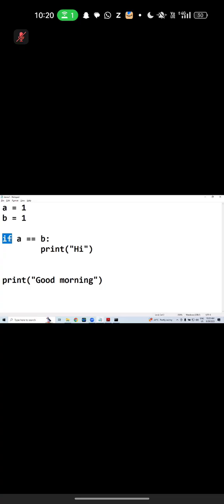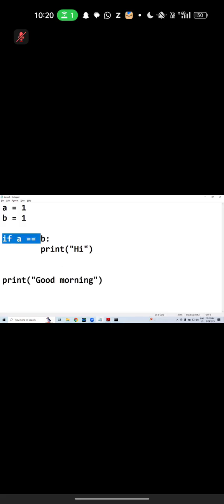Let me tell you one small point. This statement's execution depends on the condition, we already know. But this statement always executes. No matter what, whether the condition result is false or not, this statement always executes. Do you understand now?